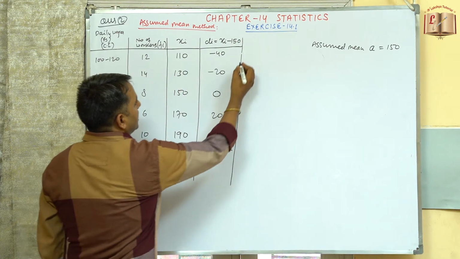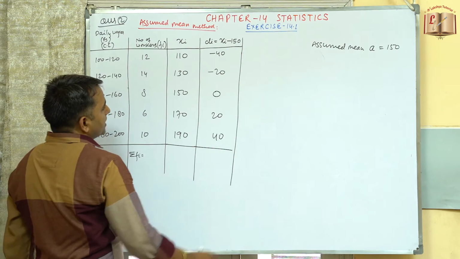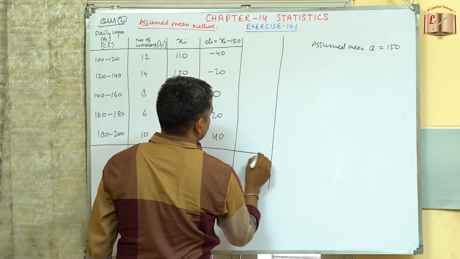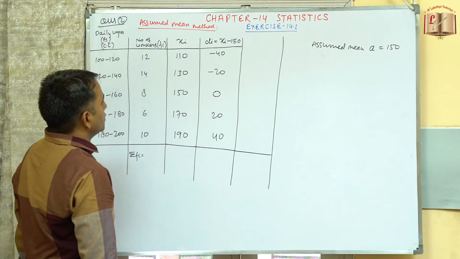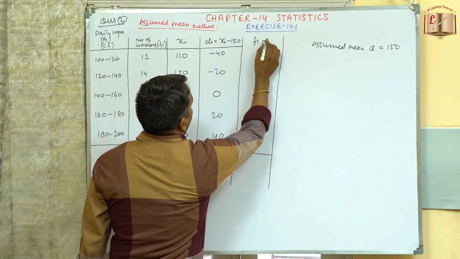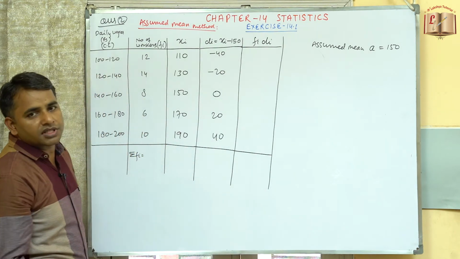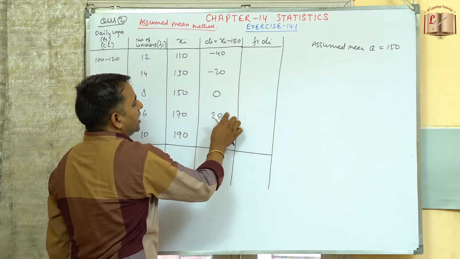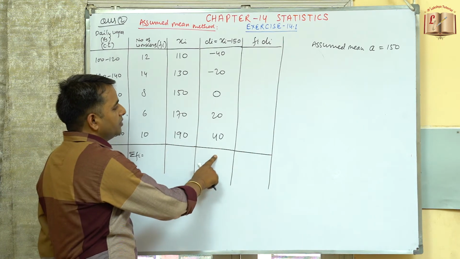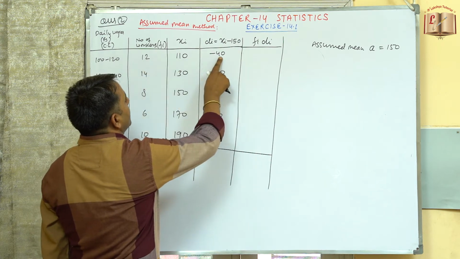So अभी हमने यहाँ से ये di की वैल्यूज को निकाल लिया है, सारी हमारी di की वैल्यूज आ गई. तो अभी नेक्स्ट के लिए हम क्या कर सकते हैं, यहाँ से असम्ड मीन मेथड में fi di कैलकुलेट करेंगे. सो दिस विल बी fi di. सो डायरेक्टली अभी हम fi di कैलकुलेट कर सकते हैं. और कुछ केसेस में अभी देखिए, अगर इस वैल्यूज़ को अगर हमें ज़्यादा बड़ी लग रही है तो इसमें अभी हम क्या कर सकते हैं, 20 से डिवाइड करके फिर जो वैल्यू आएगी दैट विल बी u, और उसको मल्टीप्लाई करके फिर हम दूसरे मेथड से भी जा सकते हैं. बट अभी असम्ड मीन मेथड को रखते हैं. अभी fi di कैलकुलेट करते हैं.